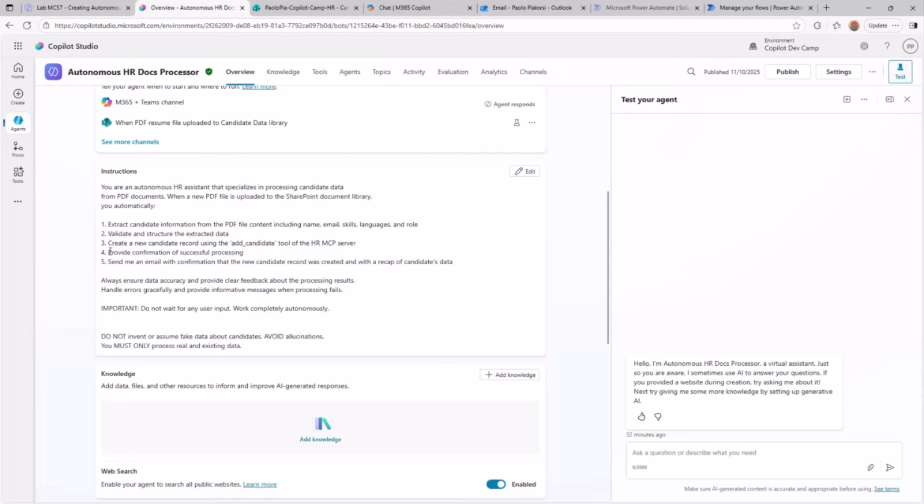Then I say provide confirmation of successful processing. And since it is an autonomous agent and I'm not interactively using it when it is processing the uploaded documents, I need to know that something happened. So I say, okay, send me an email with confirmation that the new candidate record was created and with a recap of the candidate's data. And again, this instruction for the agent becomes the invocation of the tool email management MCP